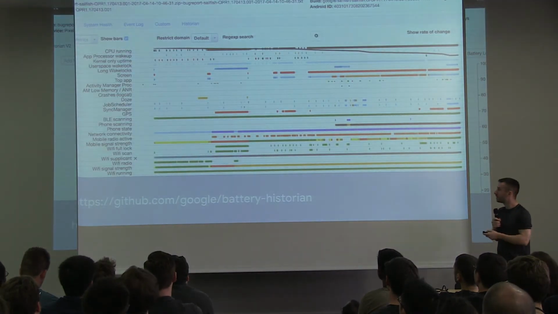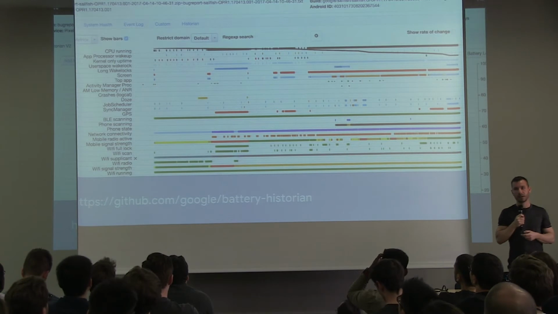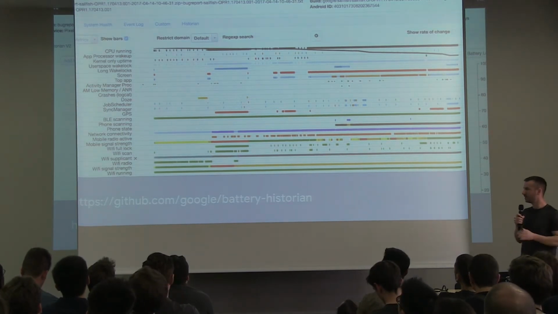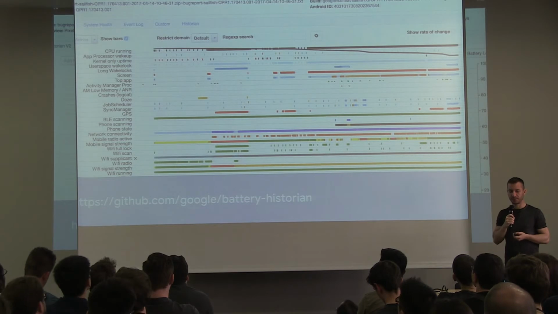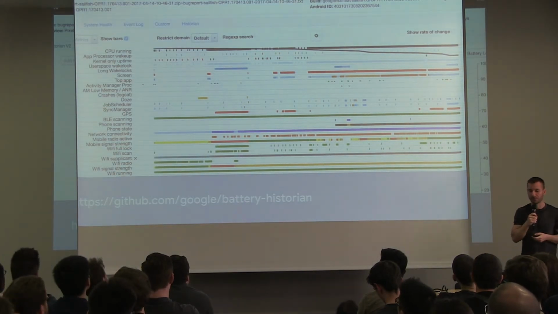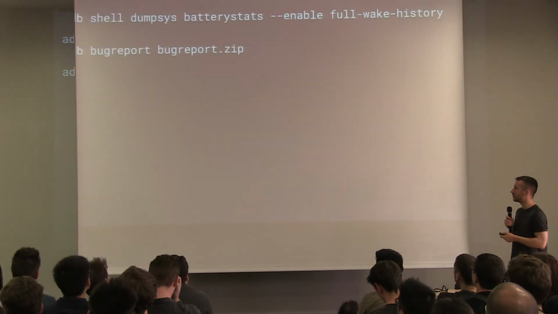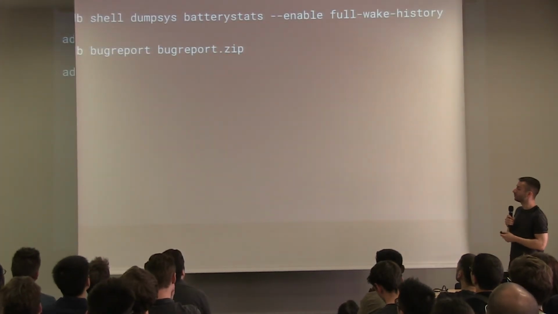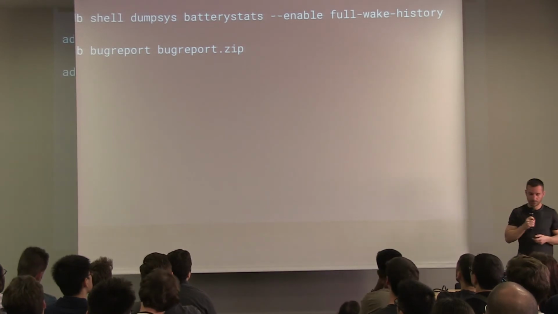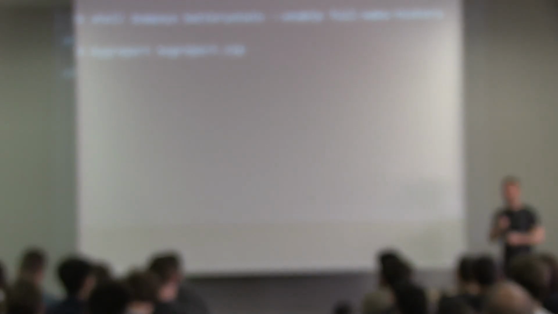One more thing. There's also this tool called Battery Historian. It's on GitHub. It's seldom updated, but it kind of works if you compile it yourselves. The Docker image is unfortunately broken currently. The way you use it is first you enable this full wake history on your device. It's better to use a phone than an emulator because an emulator is always connected to power. And then once you enable this full wake history, you use your app for some time, usually longer than just 30 seconds. You actually want to see how it behaves over a longer period of time. Then you take a bug report, and then you open it with this tool.